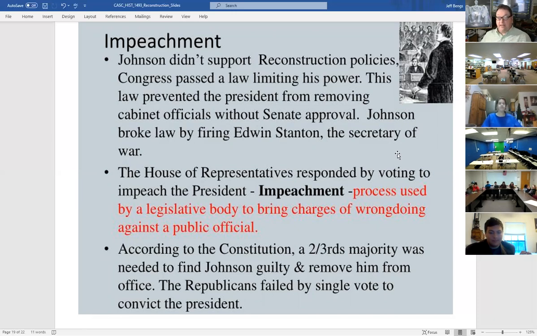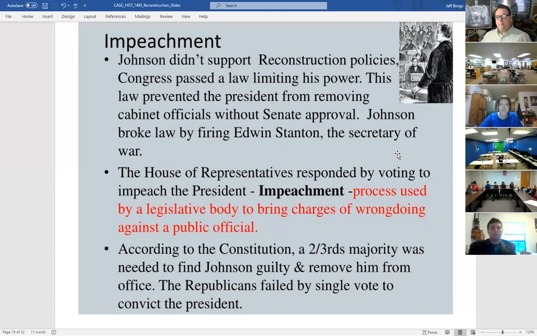Actually, he's already been impeached. The House impeached him. Now he's going before the Senate. And if the Senate votes to agree with the impeachment, he will be removed. If the Senate doesn't approve of what the House did, he will remain in office. A lot of Americans don't realize that if the House impeaches you, you're still the president. You have to then be removed by the Senate.